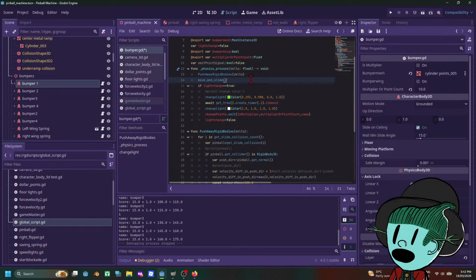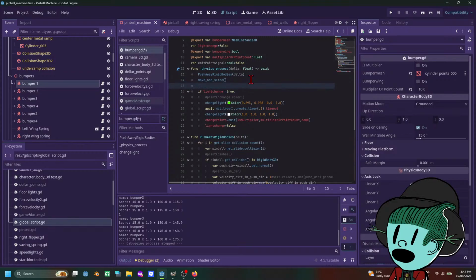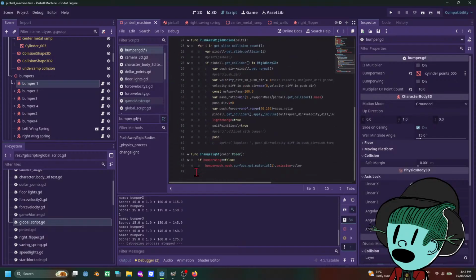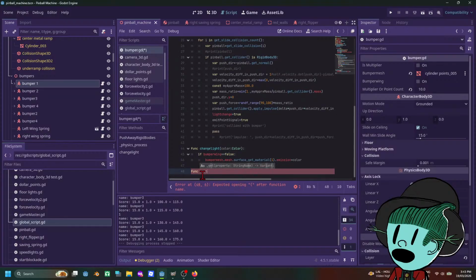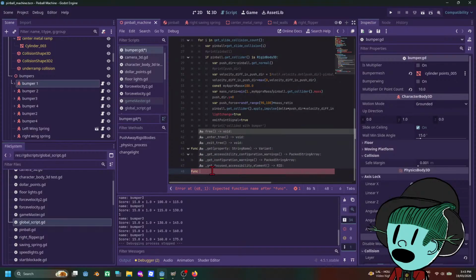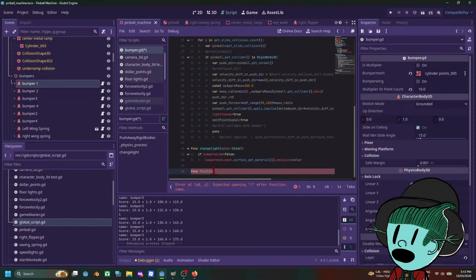All right. And then we will move this over here. Function emit chain emit point signal